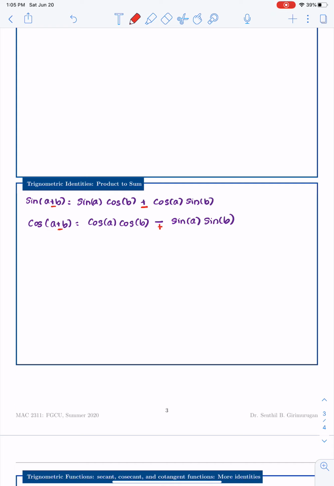So I'm going to derive one of the product to sum identities, and if we use the same process, we can come up with every single identity. We have 4 of them. So I'm going to start with the case